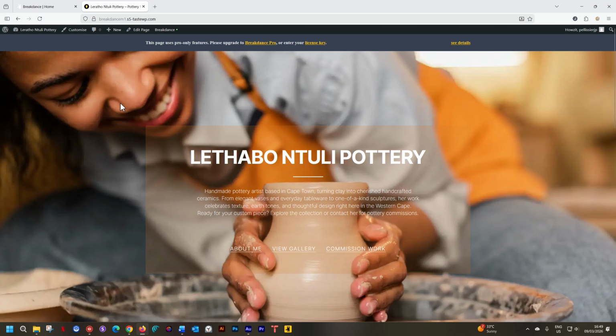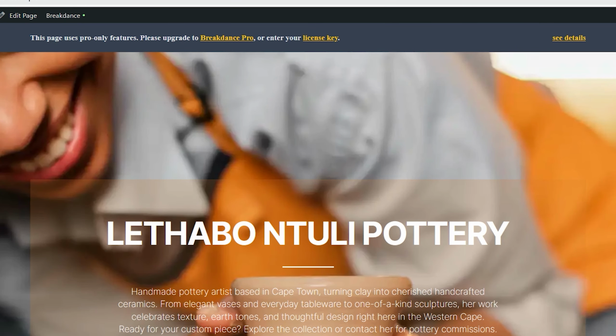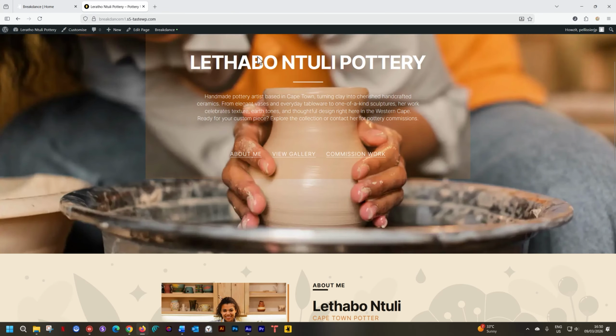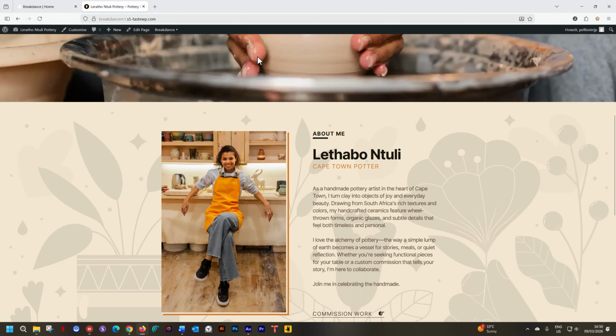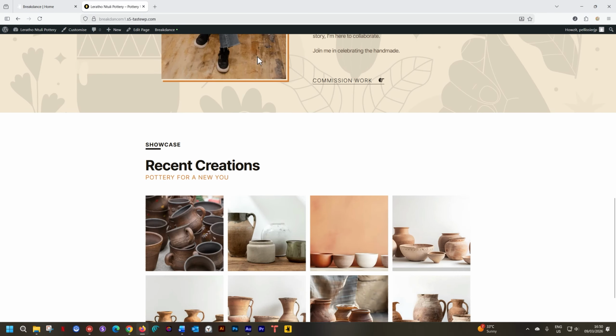Let's look at our work. This was our hero section. And by using this pro element, now this banner shows up at the top telling you, hey dude, you used the pro feature, you need to upgrade, or if you have a license key, pretty please enter it. Otherwise, if you don't, the following will happen. So I scroll down, here is my About Me section, and then when I get to my showcase,